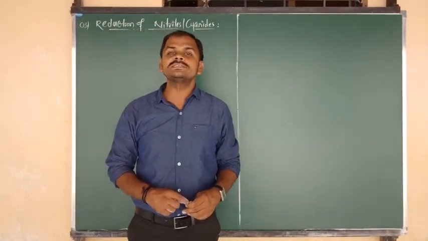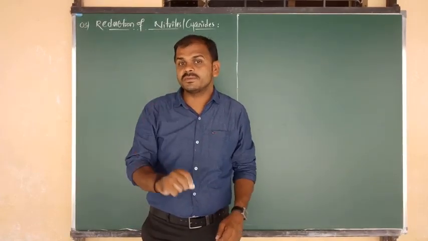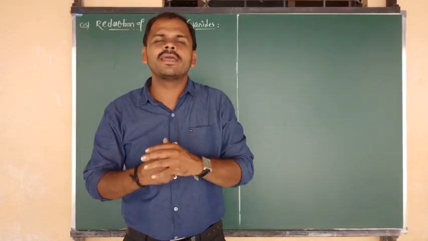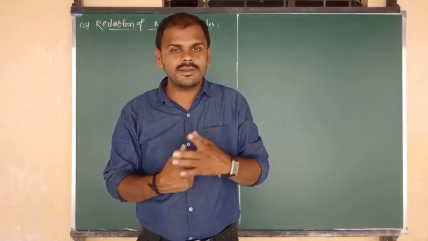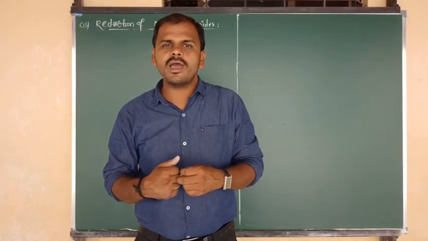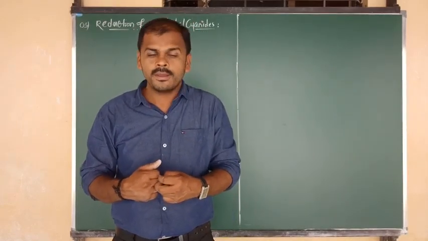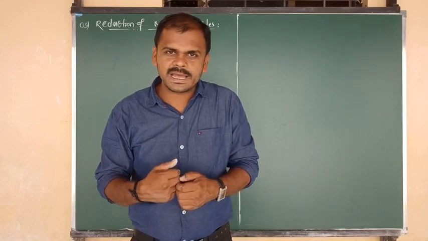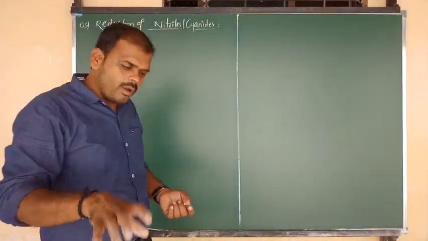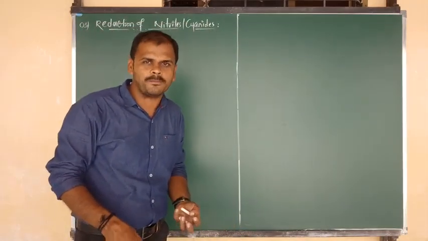So in the last class we have seen mainly two methods of preparation of amines. The first method was very important, that is nothing but Hoffmann's bromamide degradation reaction. After that we have seen the reduction method. From these two different methods we have seen the preparation of amines. Now, what are the other methods of preparation? One by one we are going to discuss them now. As per the NCERT textbook, we are going to complete all the methods of preparation of amines now.